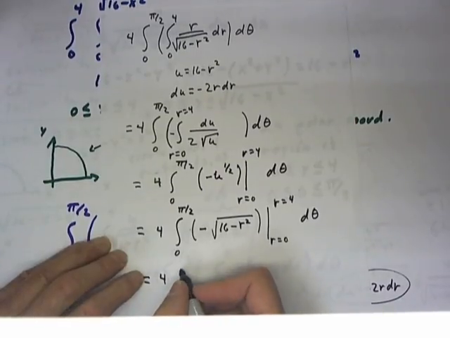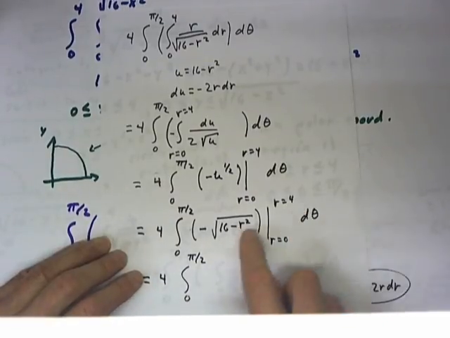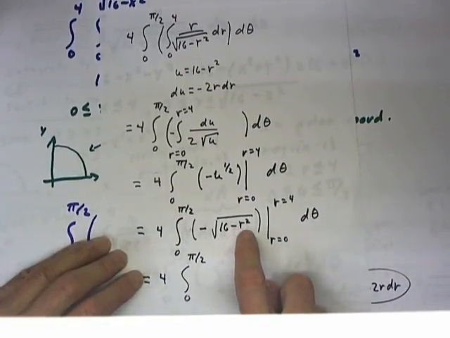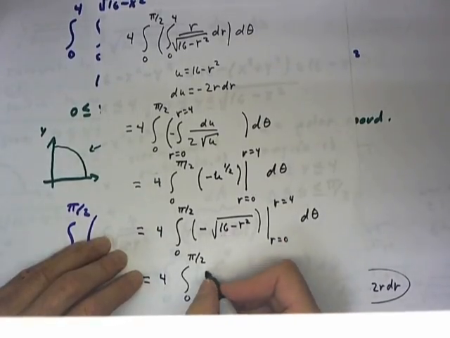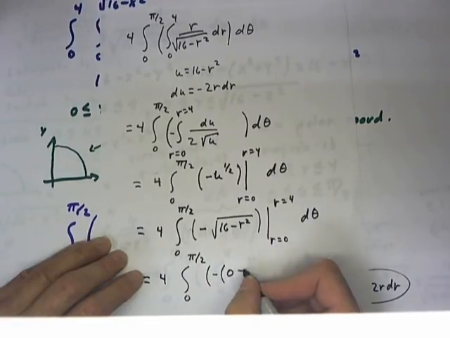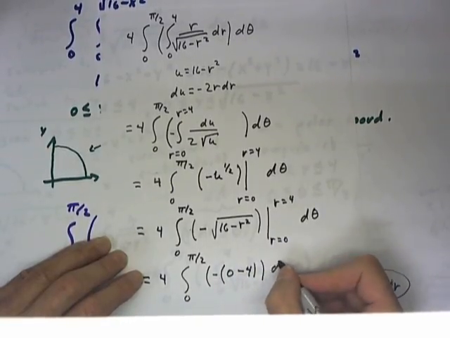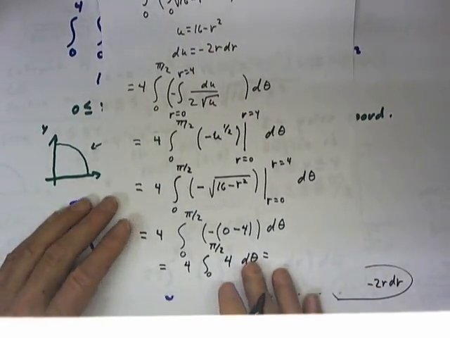And that's 4 then times the integral from 0 to pi over 2 of what? When r equals 4, this is 0. 16 minus 4 squared is 0. When r equals 0, this is the square root of 16, which is 4. So this quantity is going to be negative of 0 minus 4 with respect to theta, which is just 4 times the integral from 0 to pi over 2 of 4 d theta, which is,